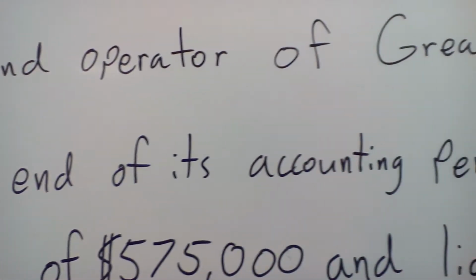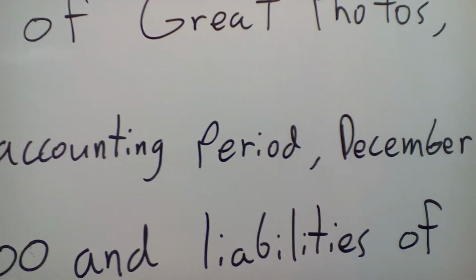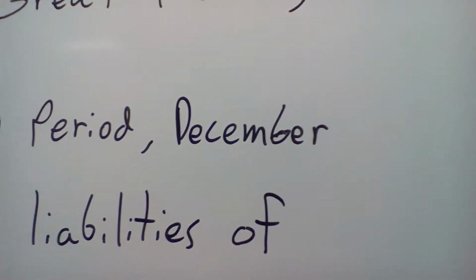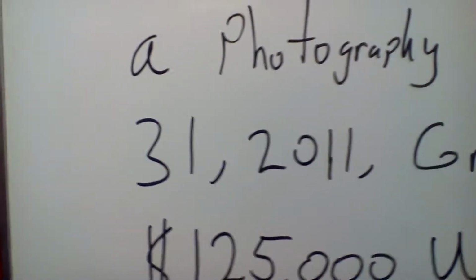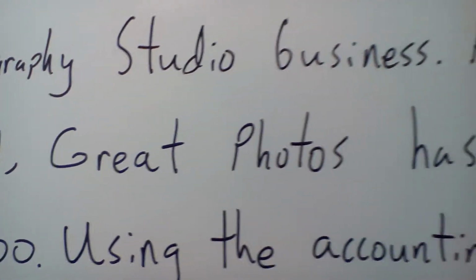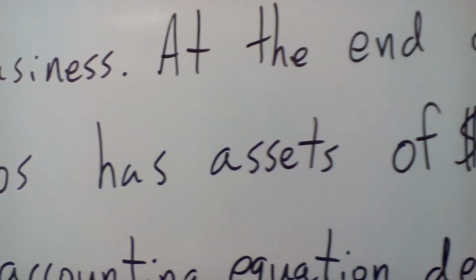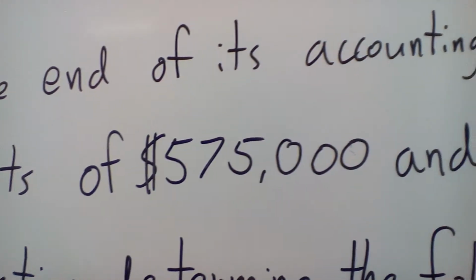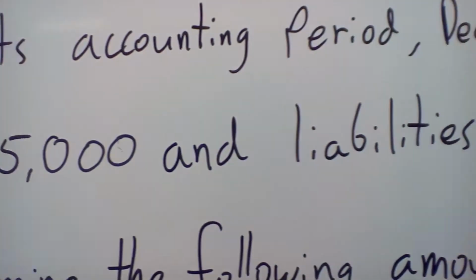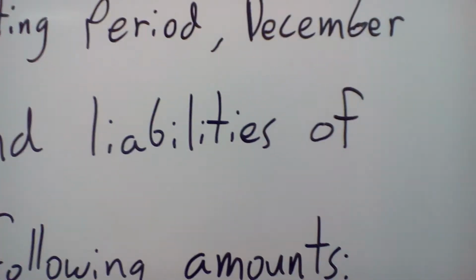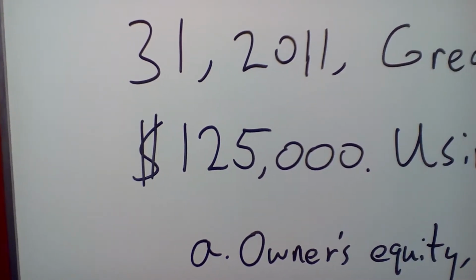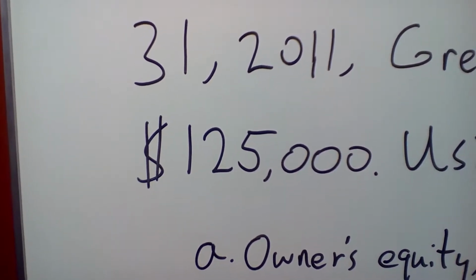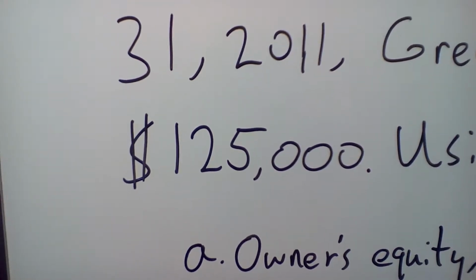At the end of its accounting period, December 31st, 2011, Great Photos has assets of $575,000 and liabilities of $125,000. So right off the bat, we have our assets and our liabilities, and this is where algebra comes